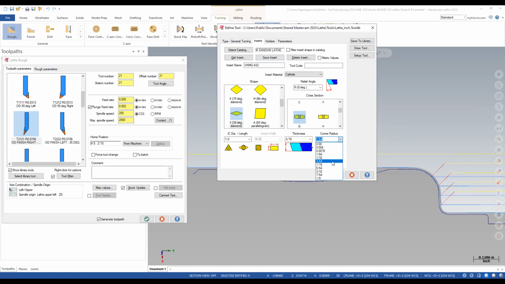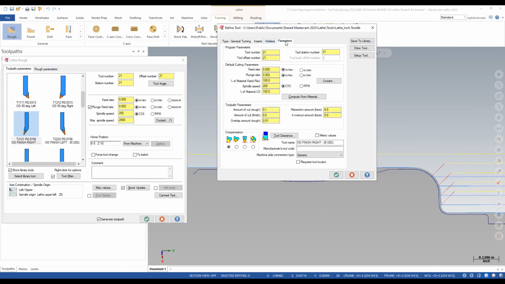So we got 1/32. Everybody agree? That makes that a 2 up here. This is just the label. That doesn't. Cool. So now under parameters,